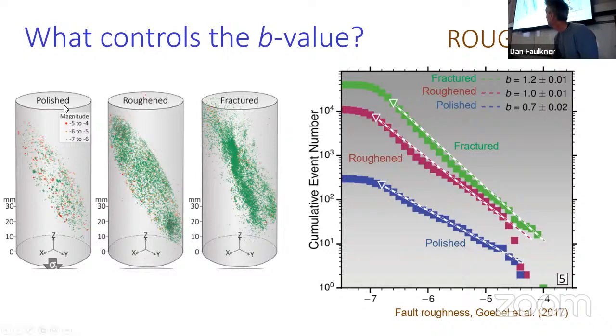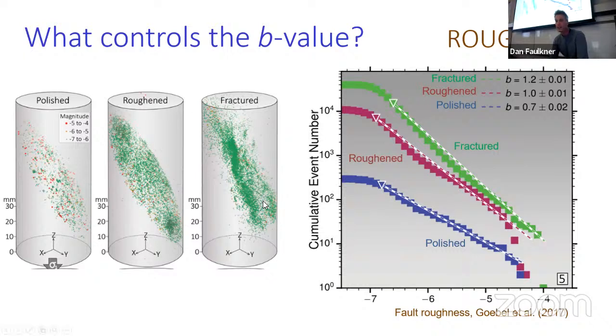And then if we load it axially, then you get slip along this very smooth saw cut. So again, he did a similar experiment, but this time he roughened the surface of his experimental fault zone. So the middle one just here, the roughened one. And then finally, they took an intact sample and fractured it inside the rig to produce a very rough fracture, which wasn't a saw cut in this case.